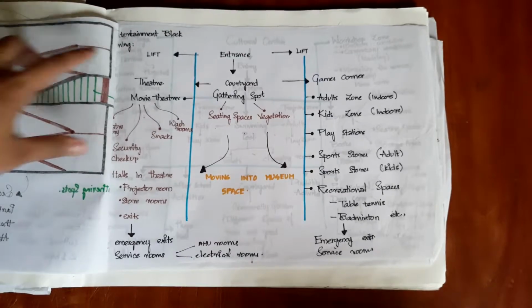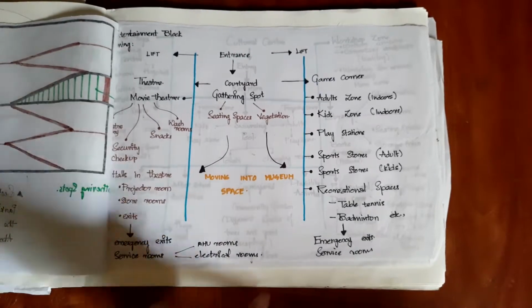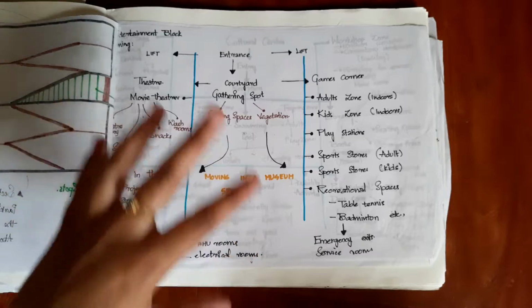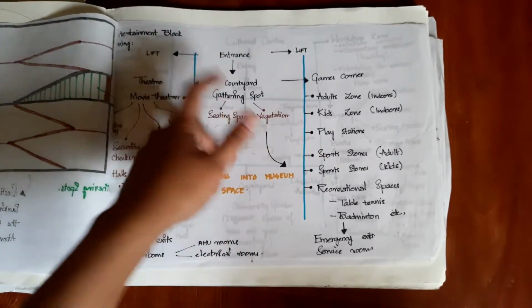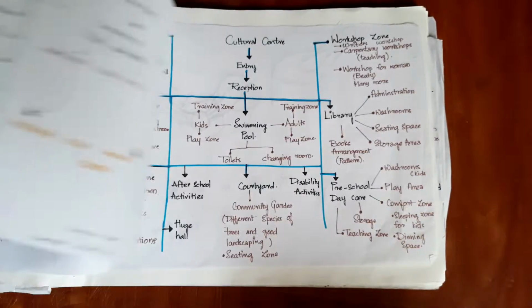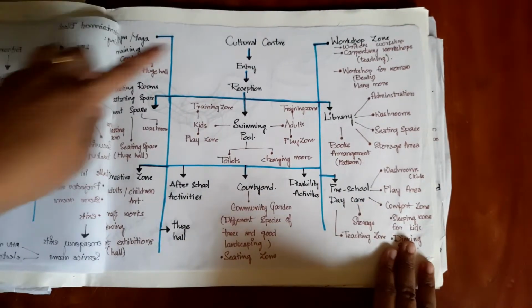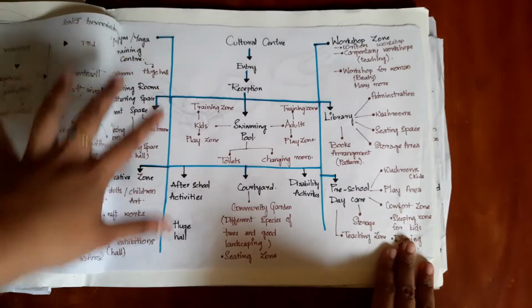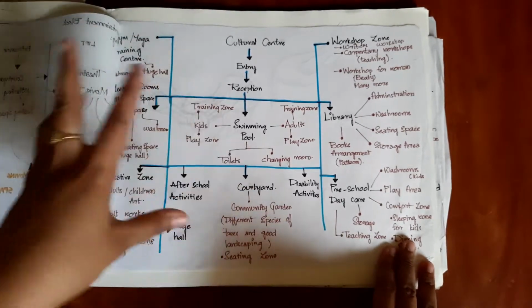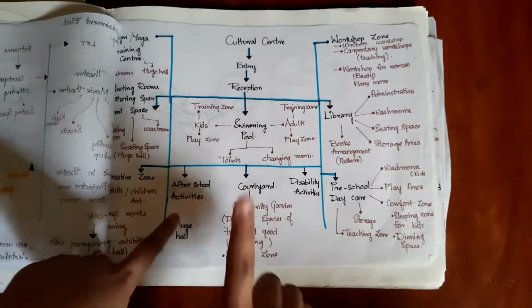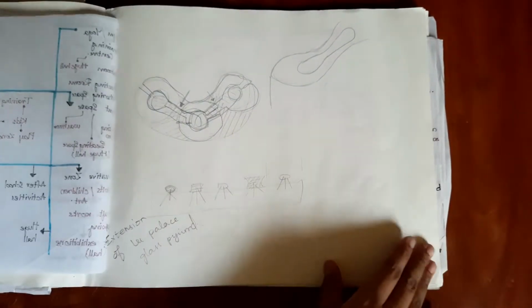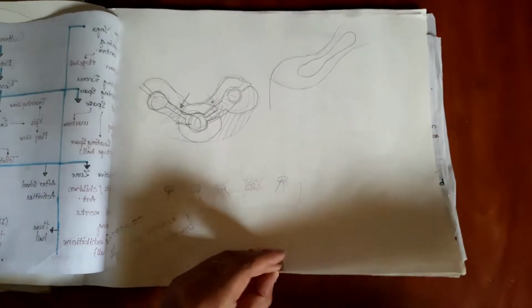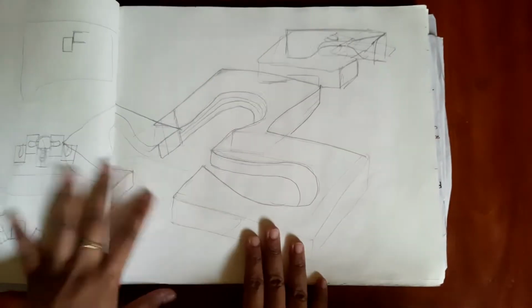So I've got into another circulation and bubble diagram, like what space is going to come first and which one is going to be last, and what its circulation will be. I've mentioned that over here, along with the cultural center. All this blue line includes the walking space of accessing different spaces. And then some more random sketches and random ideas which I've sketched over here.